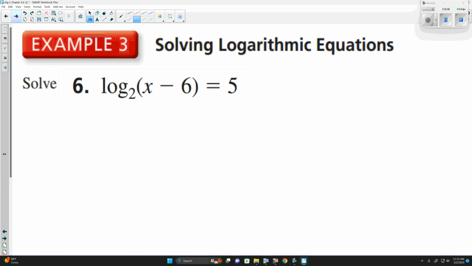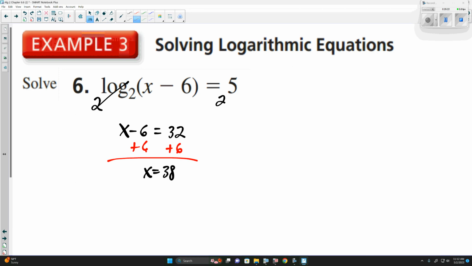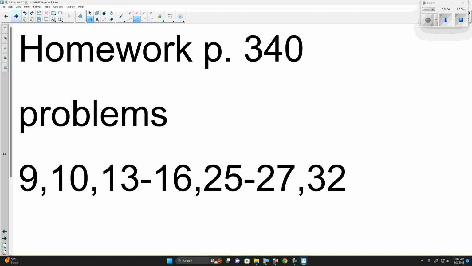Because here, what would we do? Apply both sides to the base of. And that's it. So you have the rest of the time to work on